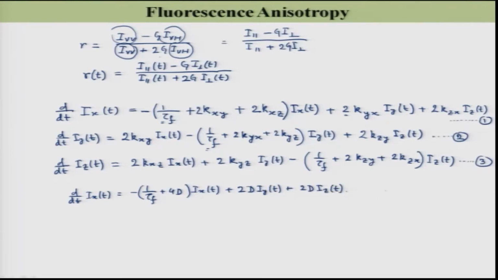So, here I said that D equals all those different k_ij's, which is the rotational diffusion coefficient,